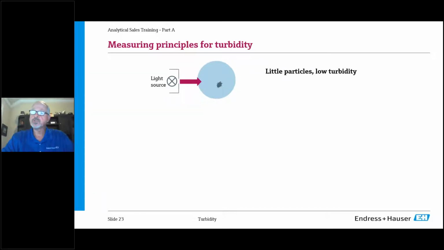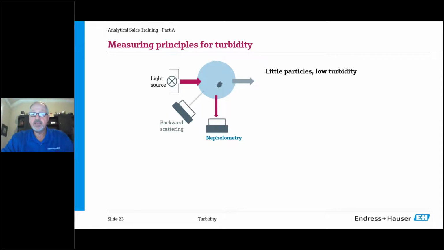For small particles and low turbidity, and turbidity is basically measuring suspended solids in a solution. But when you say suspended solids, everyone thinks that it has to be a solid. It could be a bubble, it could be entrained gas, it could be anything that is going to change the reflectivity of the light. So our light source is going to be shining through the process, and then we will